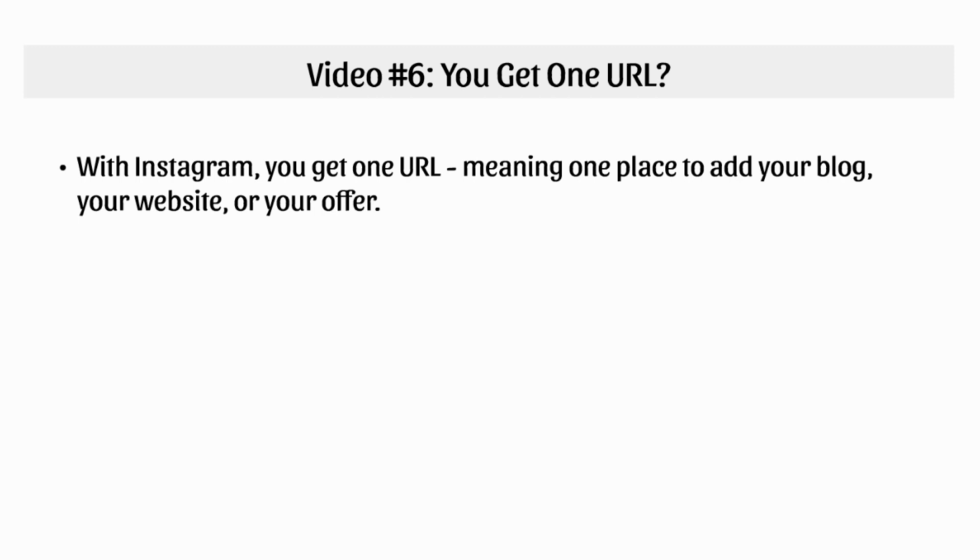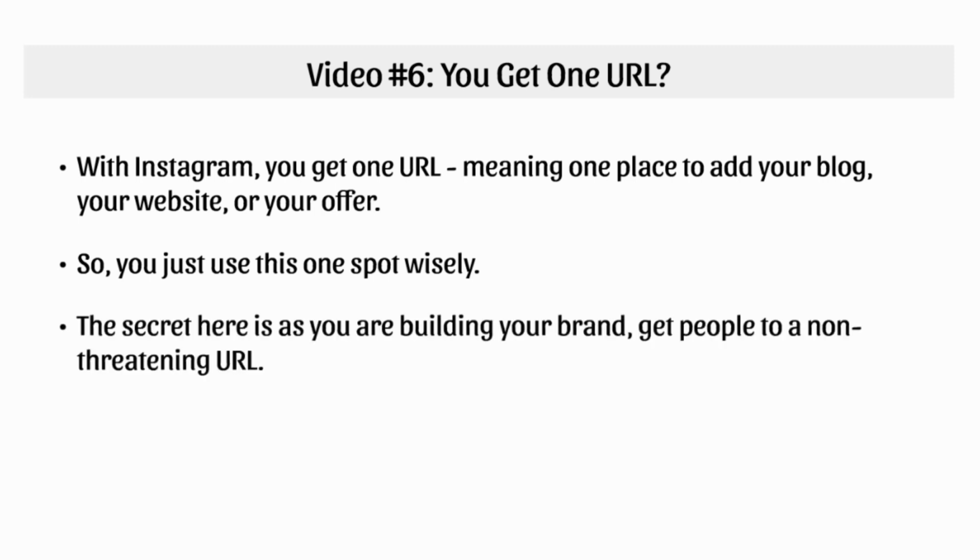In this particular video, I'm going to talk briefly about the concepts, the fundamentals, and then I'm going to go to Instagram.com and I'll show you what we're looking at. All right, so with Instagram, like I said, you've got to choose one spot wisely, right? Now, the secret here is because you're trying to build your brand and your lifestyle, the ideal place to direct them to is just your website, which could be your WordPress site. And then on your WordPress site, you have your blog, your website, and your offers all on that particular site.